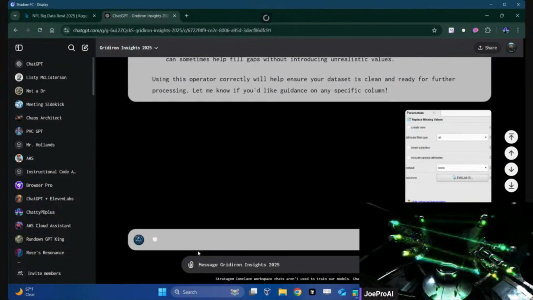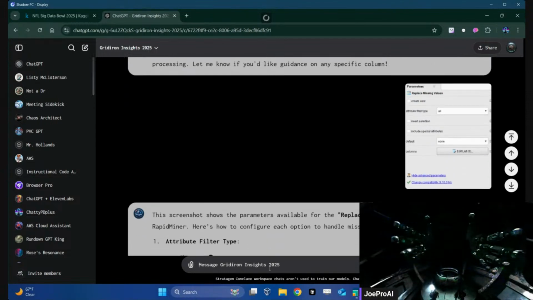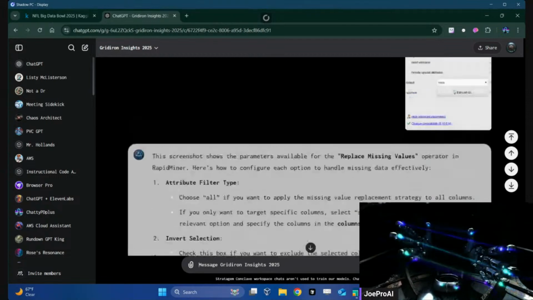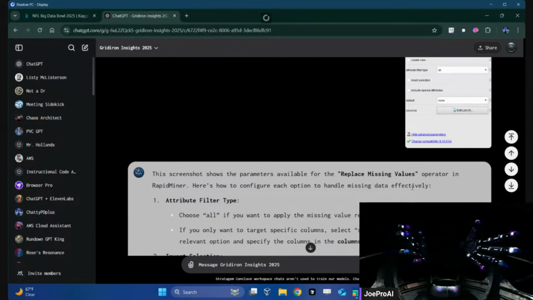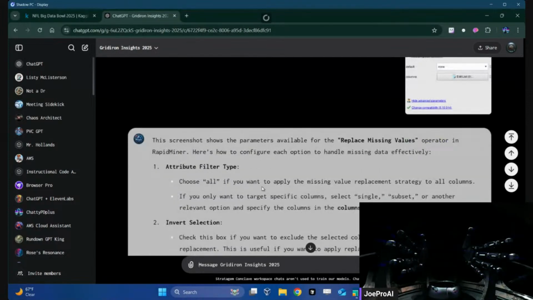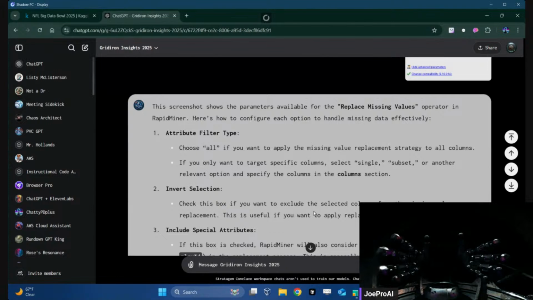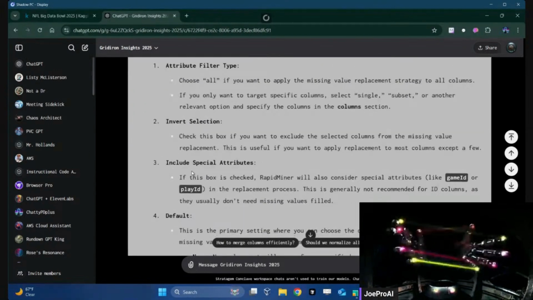I do have ChatGPT to help me out a lot, so that's kind of one thing I rely on now, is getting the right information instead of, okay, choose all. Maybe we want to exclude the selected columns from the missing value replacement.